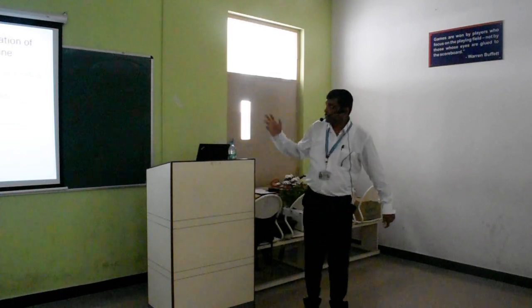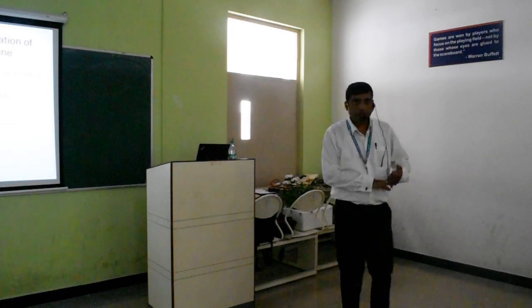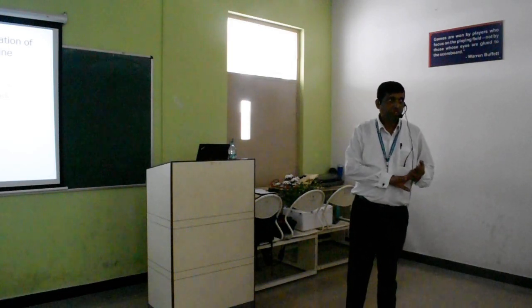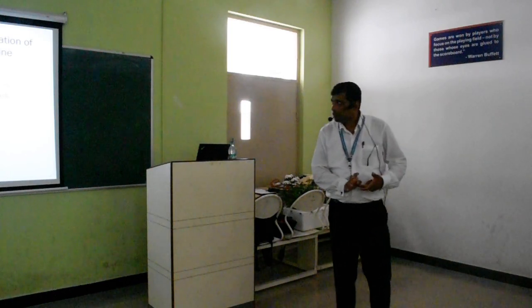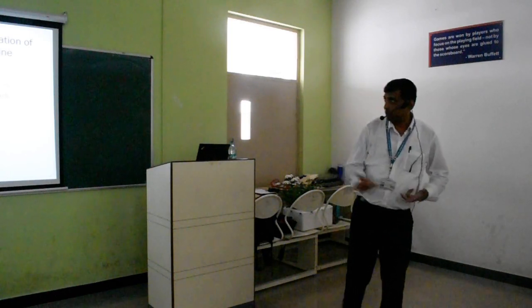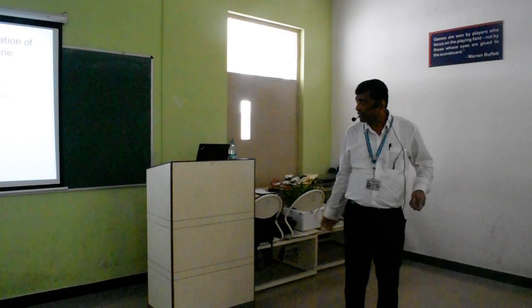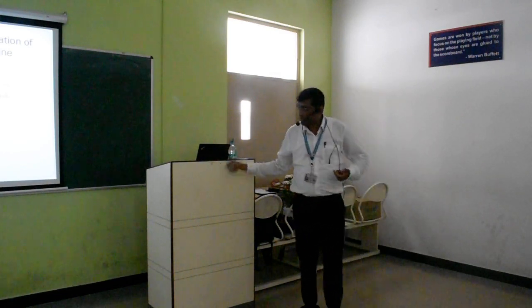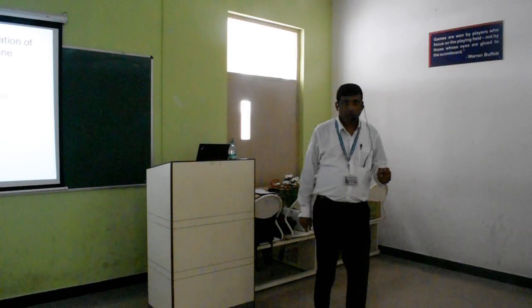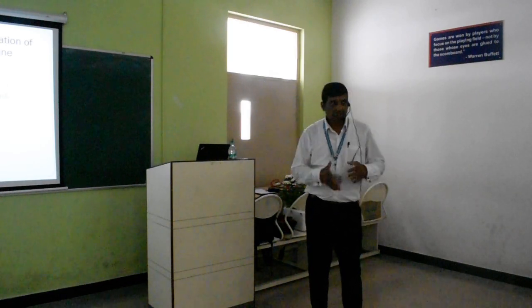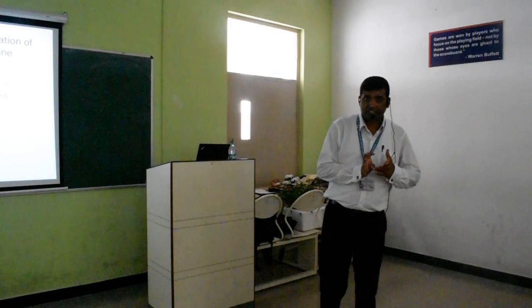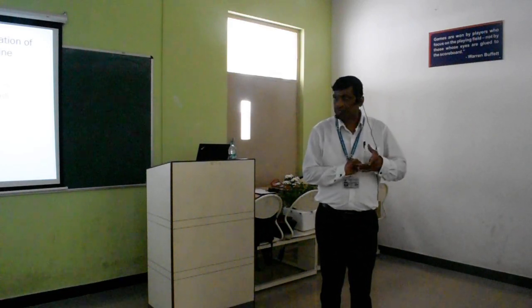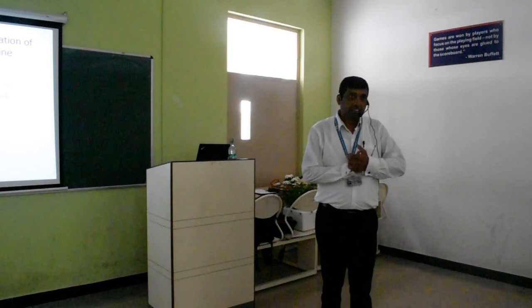Okay, so second step is use different combination of keywords in different search engines. We have various search engines like Google Scholar, then Scopus we have, IEEE Xplore we have, so many things are there. We can use different combination of keywords, and advanced search option also can be used. In the advanced search, there are different types. One is keyword based search, one is abstract based search, one is full text search, and one is title search.